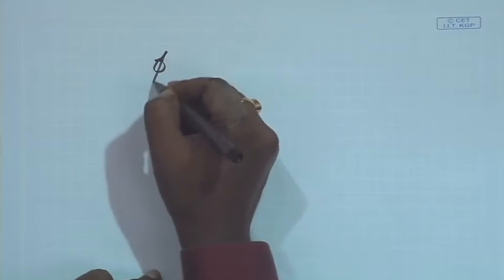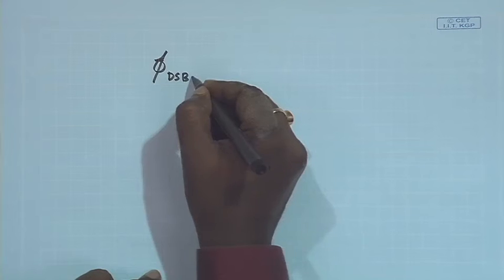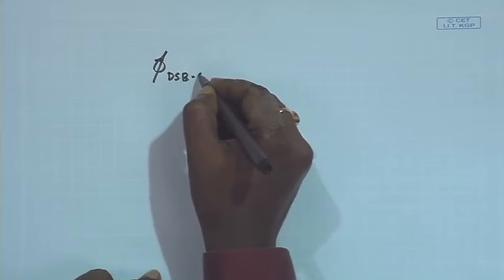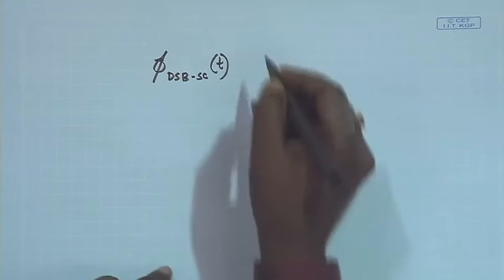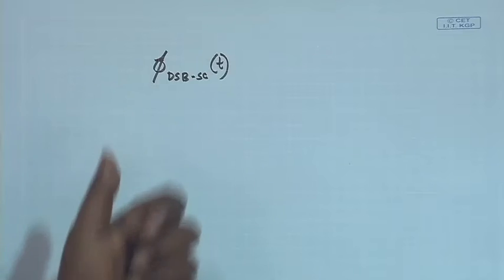Okay. If my phase offset is near 0, I know that not much attenuation will be happening, but if it is near pi by 2, I have a big problem. Okay. My message signal strength will go down heavily. So, this is one problem if there is a phase offset. Now, let us see if there is a frequency drift. Okay. So, I will again have phi_DSB, which is already a modulated signal, I get that.